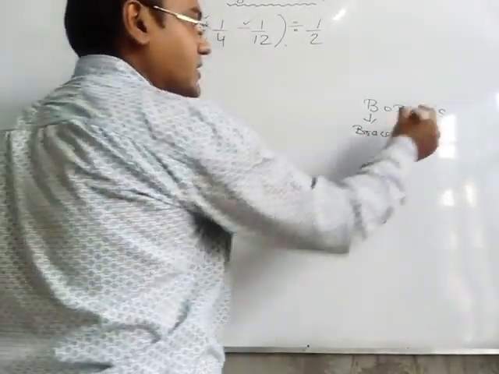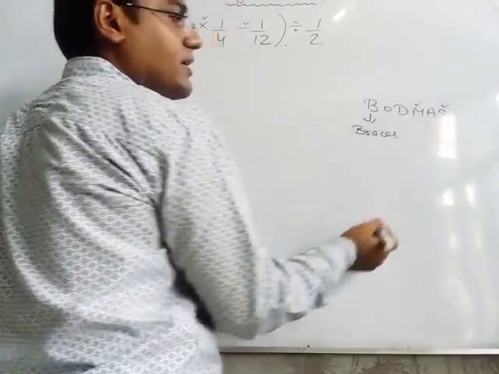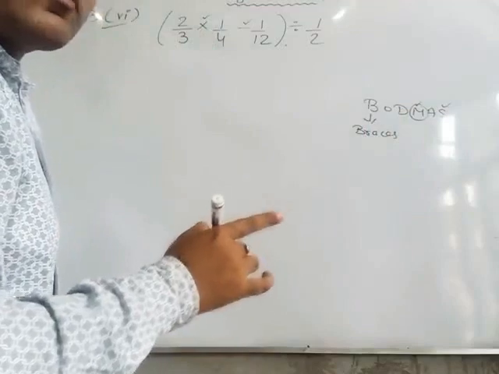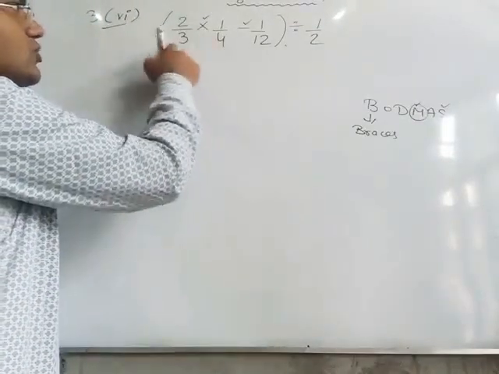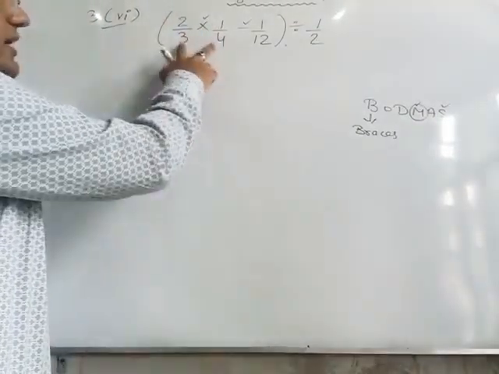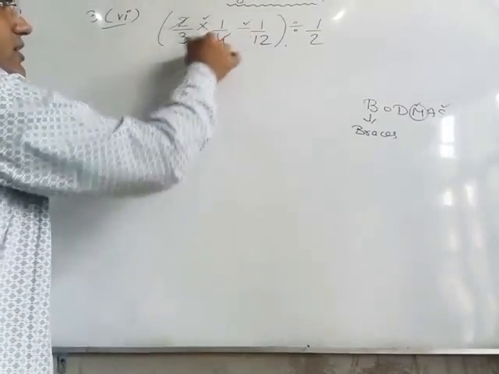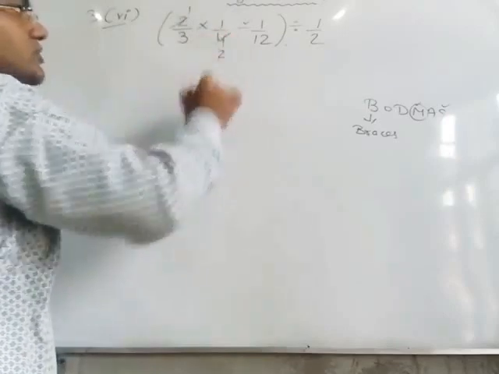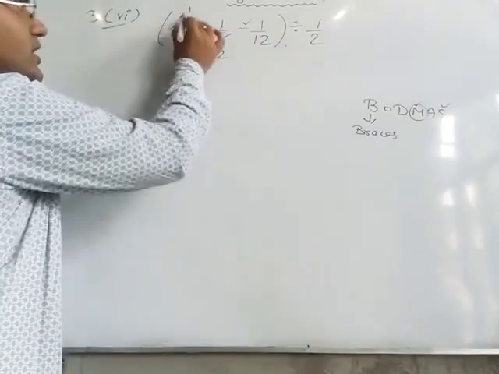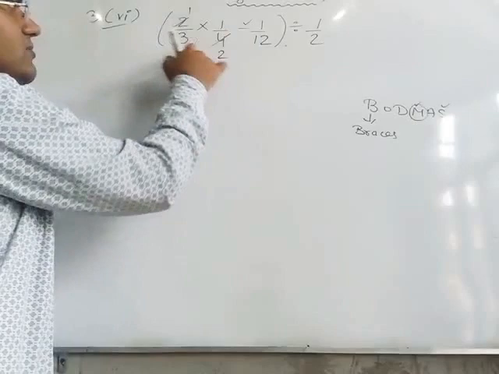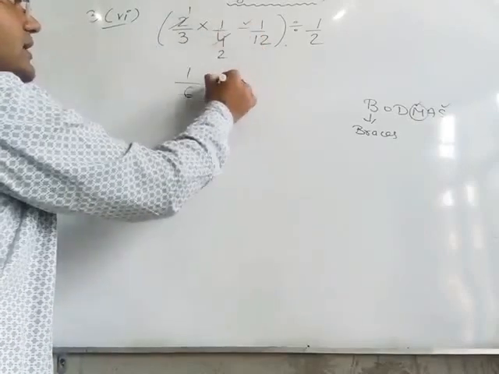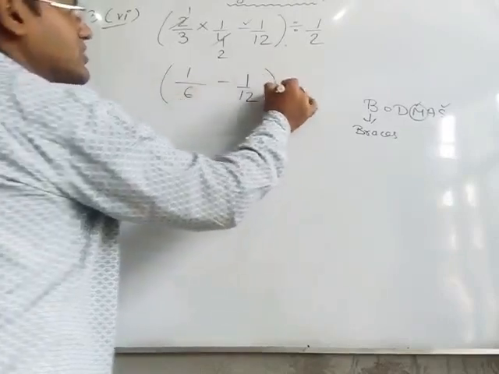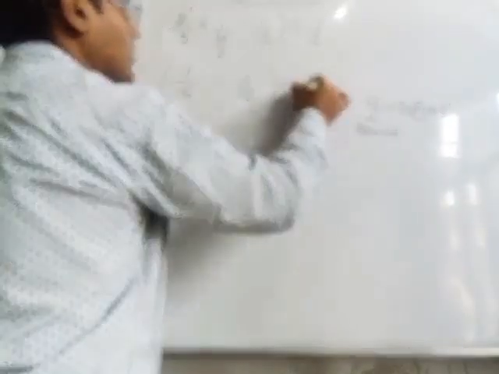Multiply and subtract. This is multiply and this is subtract. So multiply is coming first, subtract is coming later on. So first of all we have to multiply these two numbers. In order to multiply these two fractions, first of all we will cancel them with the table of 2. 2 1s are 2, 2 2s are 4. Now we will multiply them. 1 multiply 1 will become 1, 3 multiply 2 will be 6, minus 1/12 bracket close divided by 1/2.